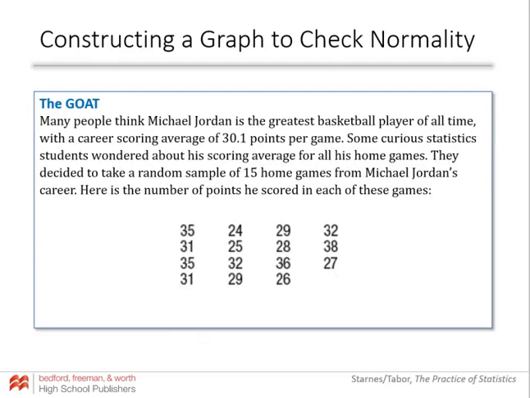So we have Michael Jordan's points scored in 15 randomly selected home games. All right, and so because our sample size is only 15, we need to draw a box plot here so that we can check if our sample is normal. Okay, so on a TI,